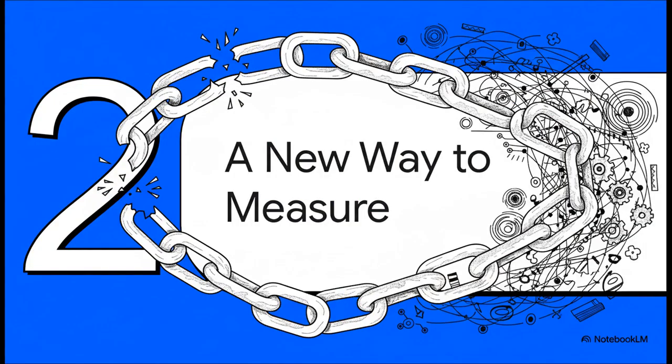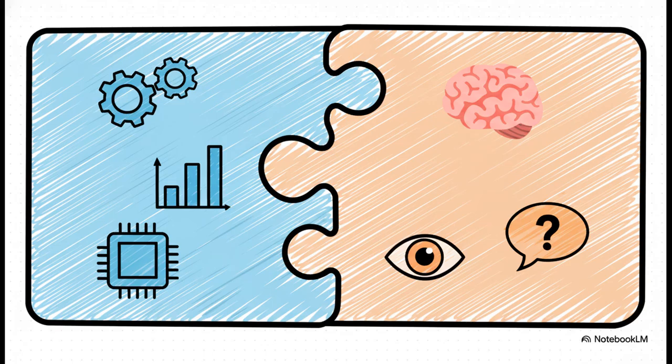So, if the old way is broken, what do we do? We can't just throw our hands up and guess. What we need is a totally new framework, a new way to measure quality that actually embraces all this complexity instead of trying to ignore it. This new approach really splits evaluation into two key parts. On one side, you've got your quantitative evaluation. Think objective, automated scores, the hard numbers. But on the other side, you have qualitative evaluation, and this needs actual human judgment to understand context and all that nuance. And here's the kicker. You absolutely need both. You can't get the full picture with just one.